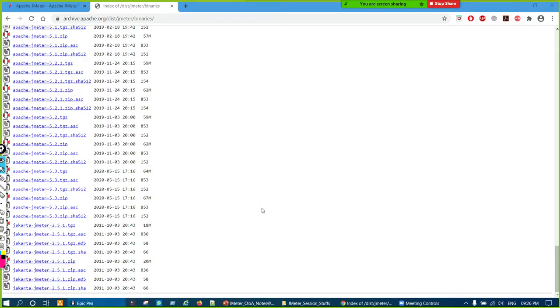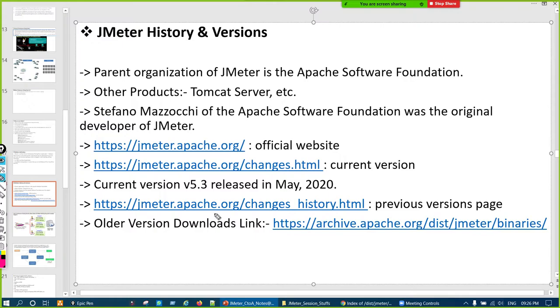One more thing to take care of is why I'm discussing when each version was released. Let us say you want to show 2 to 3 years of experience in your resume, right? If you go to the interviewer, he will ask what is the current version or which JMeter version you used in your career. You tell him 5.3, but 5.3 was released this year only, right? And you are showing that you are working on this version for 2 to 3 years, so interview gone at that time only, right?